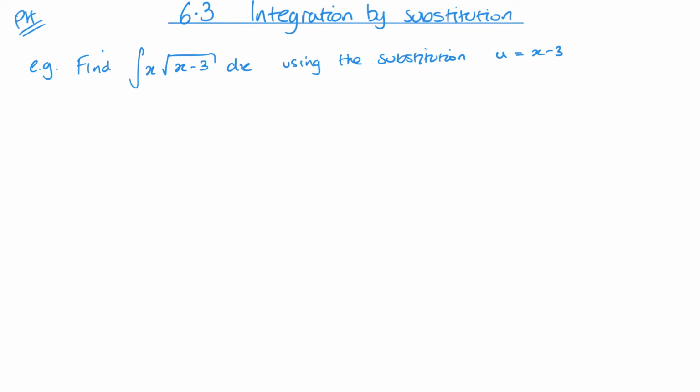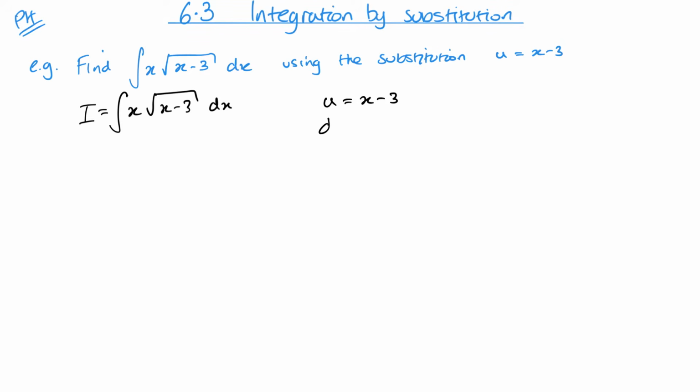So in this example, we need to find this integration using this substitution. So I'm going to start, and I always start the same way. It just means that I can move things around my sheet, but using that I means it's very clear to the examiner what I'm doing with the integration. So u equals x minus 3,